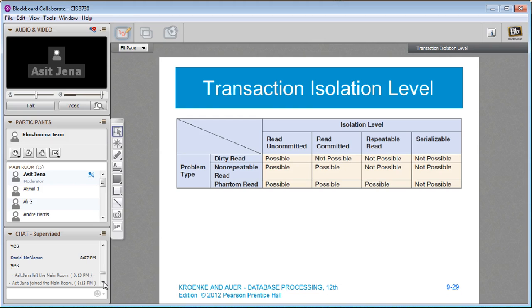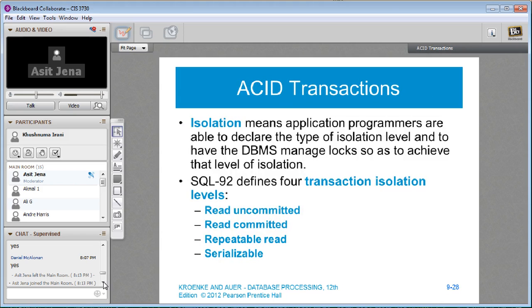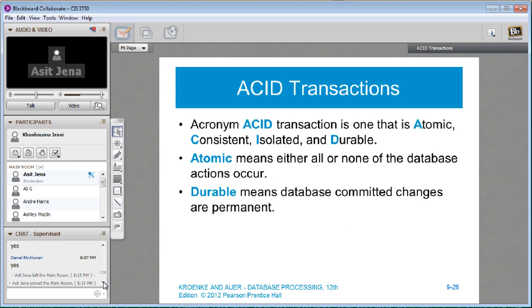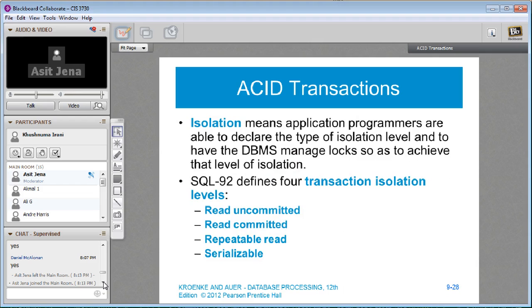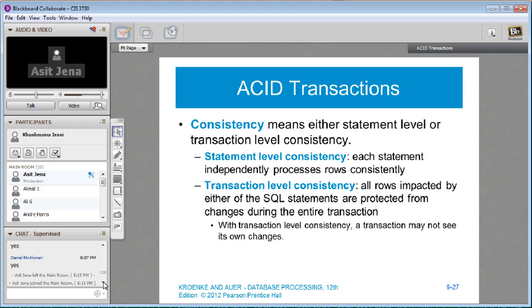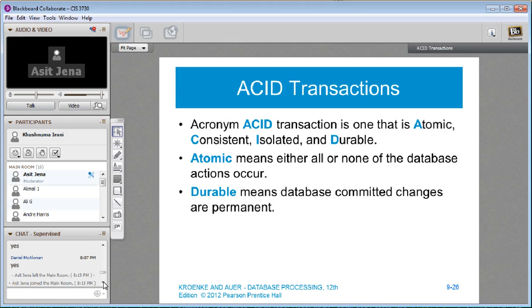But the basic thing that I am interested in you learning from this is to understand the concept of a dirty read, why it is important, and why it is important to make a transaction atomic, durable, consistent, and isolated. I think we've gone through each of them with an example. Like the example in atomic, we said everything has to happen. Durable means everything has to be committed. Consistent means that we should be able to execute all the SQL statements without interference from another SQL statement or a transaction.